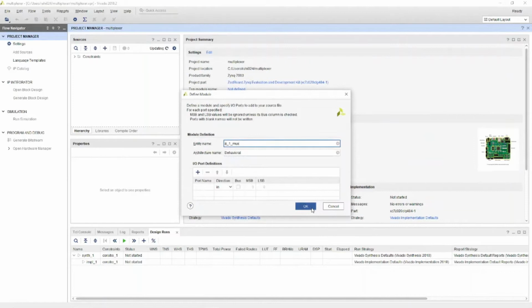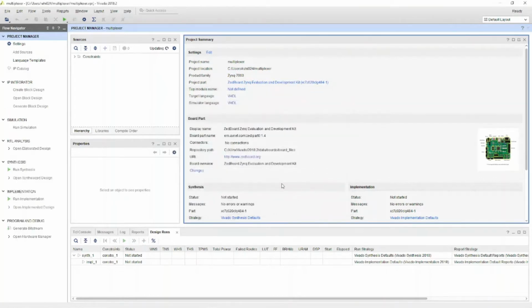Okay, so I think I should assign the pins here itself. First I have the eight input pins, that will be the data, so I will write it as D in, and of course the bus is 8 bits, so 7 down to 0. Then I have select lines. What is the select lines dimension? Yeah, it's 3 bits, so I will tick the bus, and then it will be from 0 to 2. And then one output port, that is data out, so data in and data out, D out.